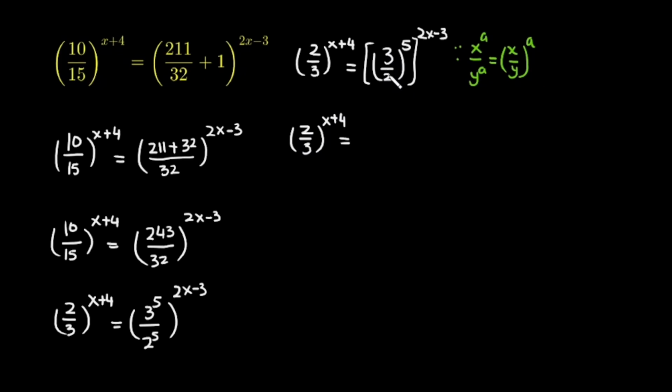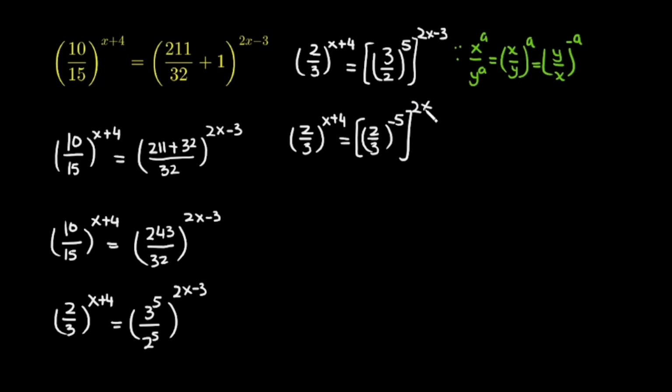If I flip whatever is inside this bracket and make this power minus 5, so this is (2/3) raised to the power minus 5, because we know that if (x/y) raised to the power a, we can write (y/x) raised to the power minus a. So this whole raised to the power